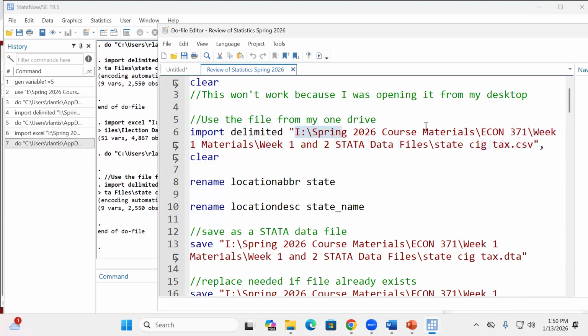So this is like my file path, right? This is where the file would exist. I'm going to save it in the exact same way. Just instead of importing it, I'm going to hit save, call it the same thing. But instead of a CSV file, I'm going to save it as a .dta. That way, instead of having to import it every single time, once I save it,